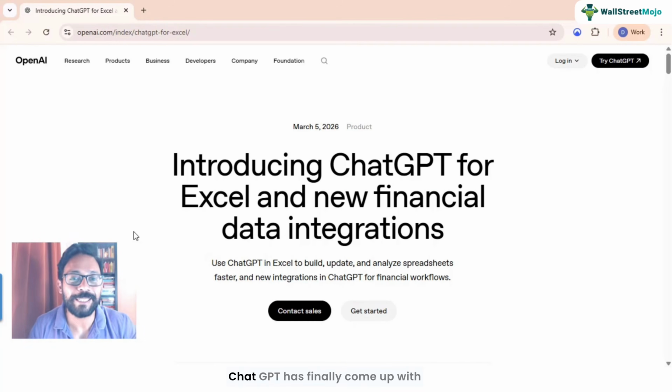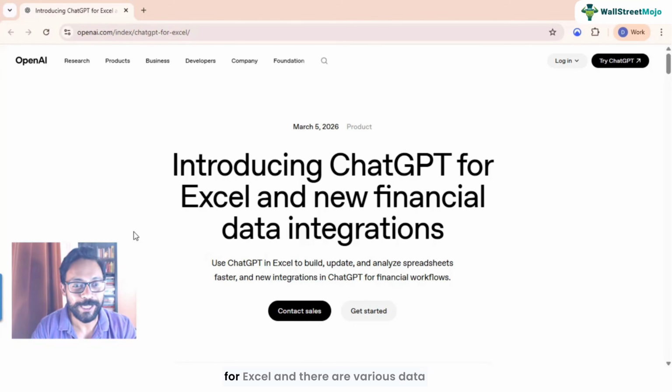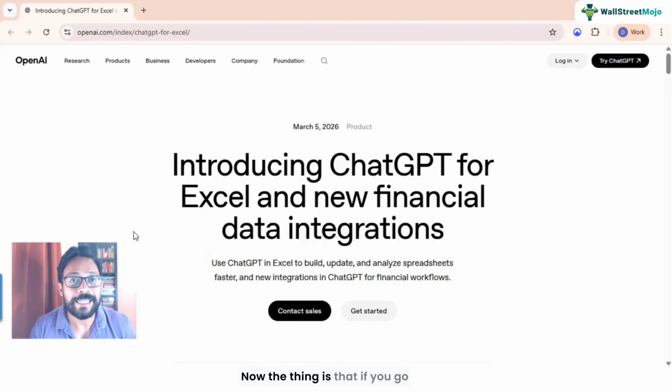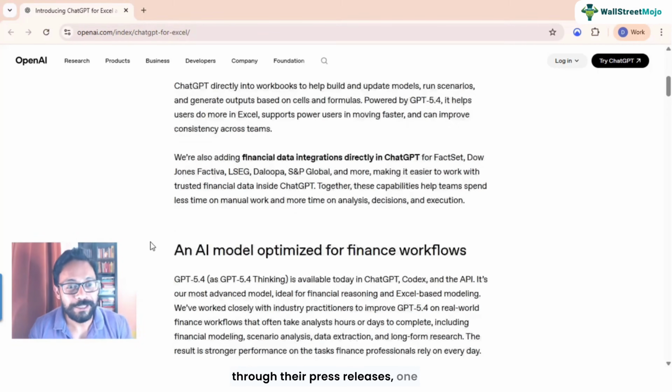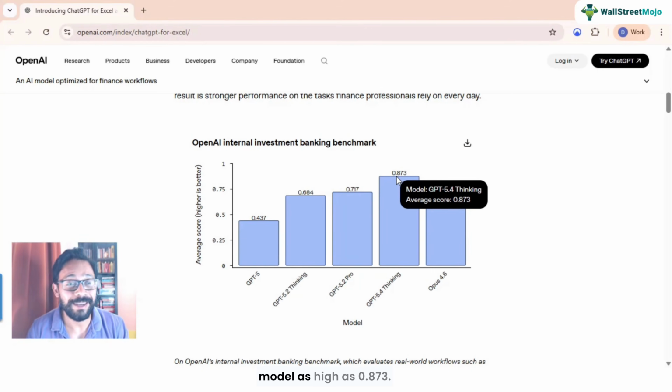Hi all, ChatGPT has finally come up with its own set of plugin for Excel. They're calling it ChatGPT for Excel, and there are various data integrations possible as well. Now, if you go through their press releases, one interesting thing that they are talking about is their internal investment banking benchmarks, and they are rating this GPT 5.4 thinking model as high as